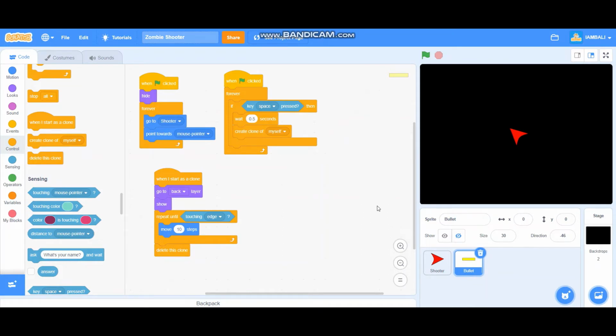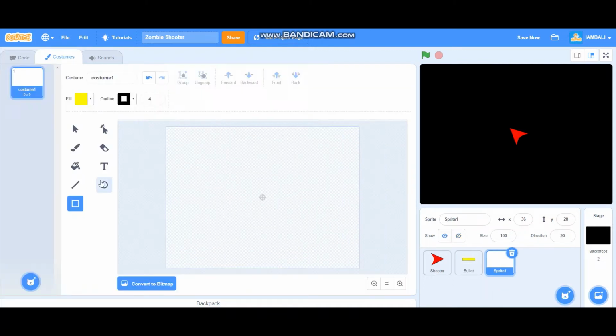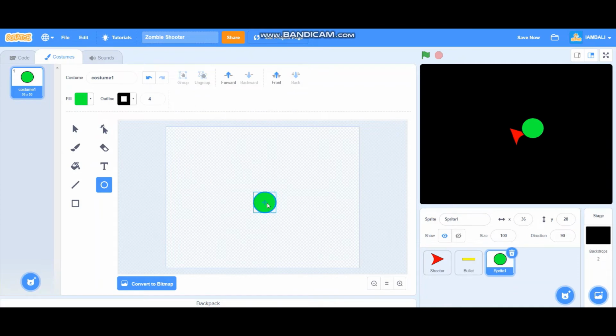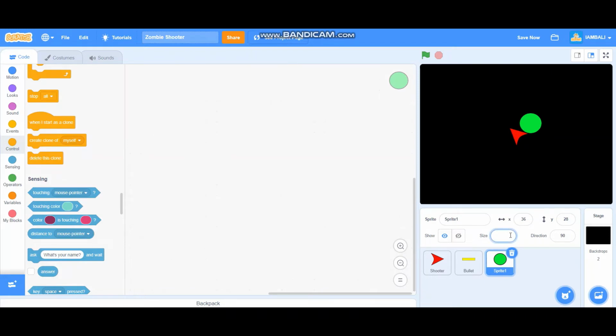So the last step of making the zombie shooter is basically making the zombie. So I'm going to draw a zombie. The zombie is not really complicated to draw because it's just a tiny circle. Yes, a tiny circle like that. I'm not good at drawing, so yeah. The size is going to be 30, I guess. Too small. How about 50? Yes, 50 is perfect. And then you just put it in a random position, and then rename it to zombie,